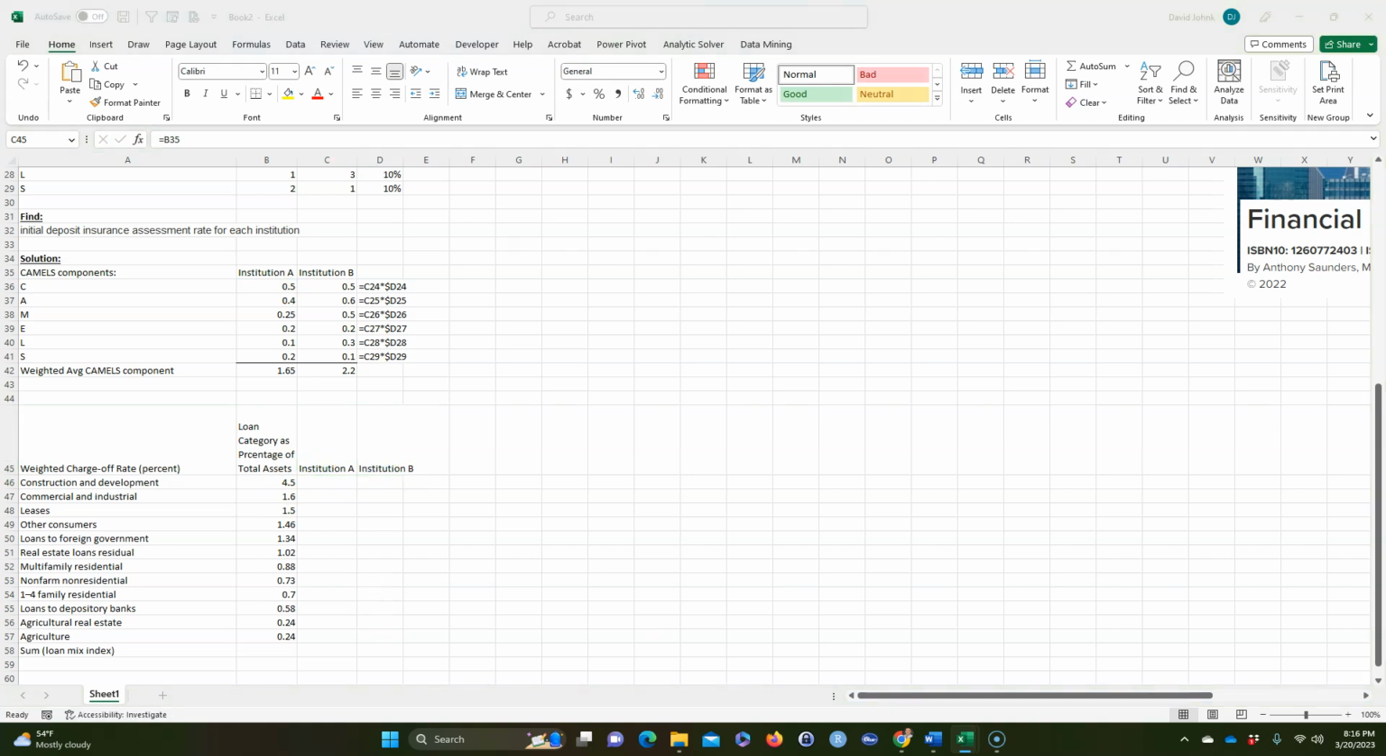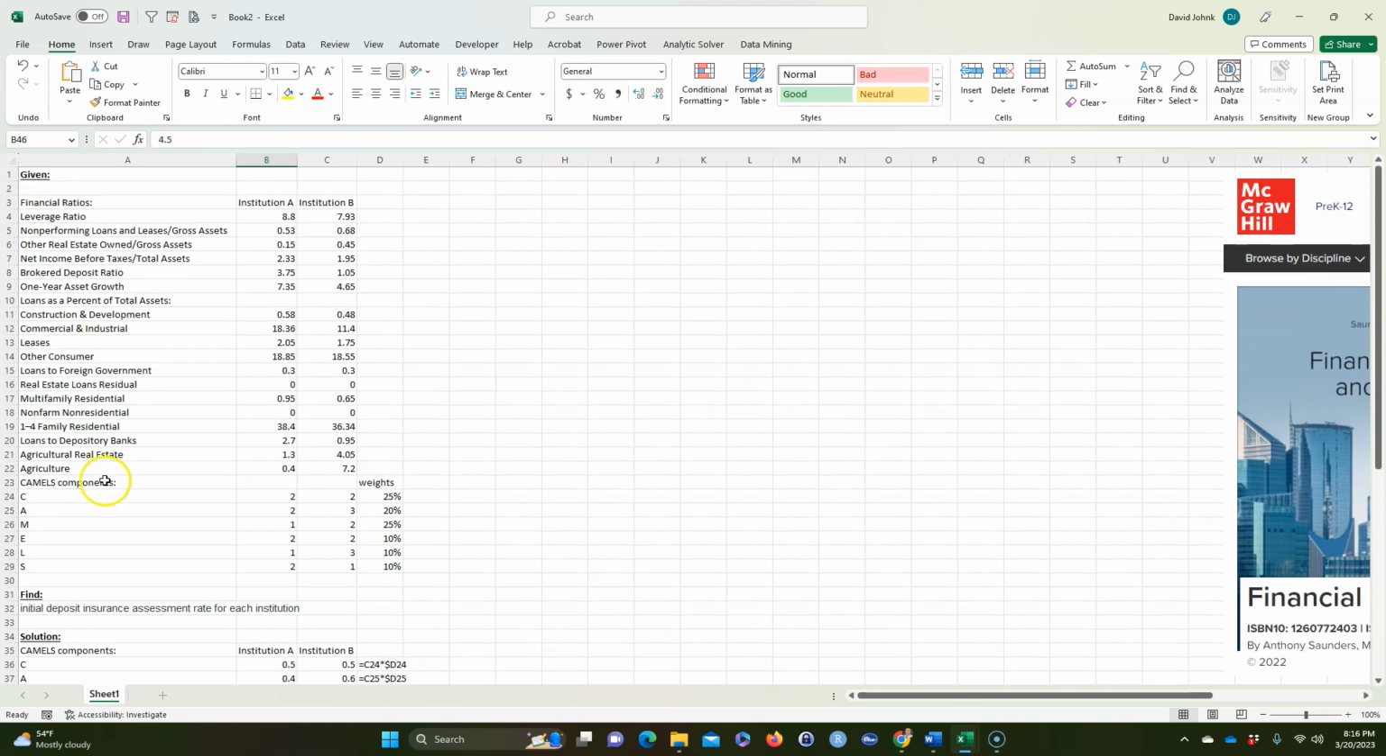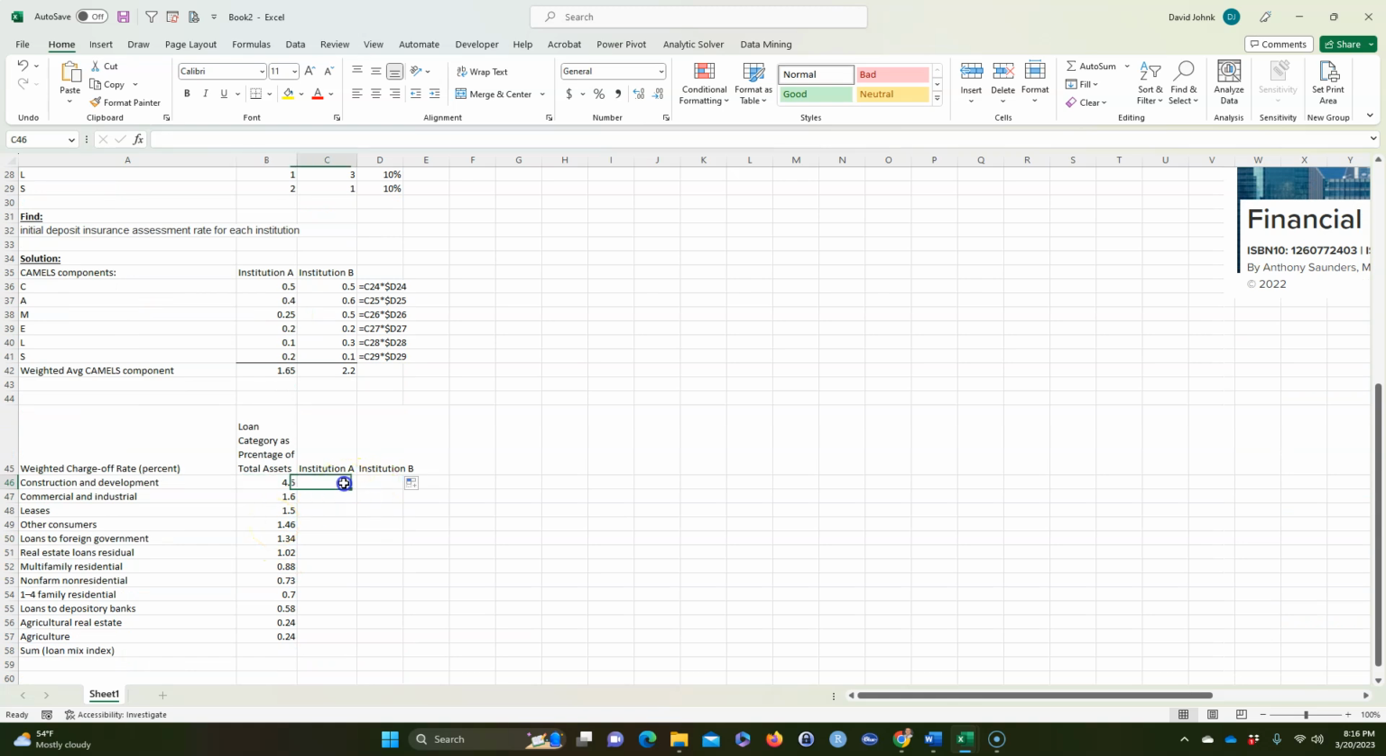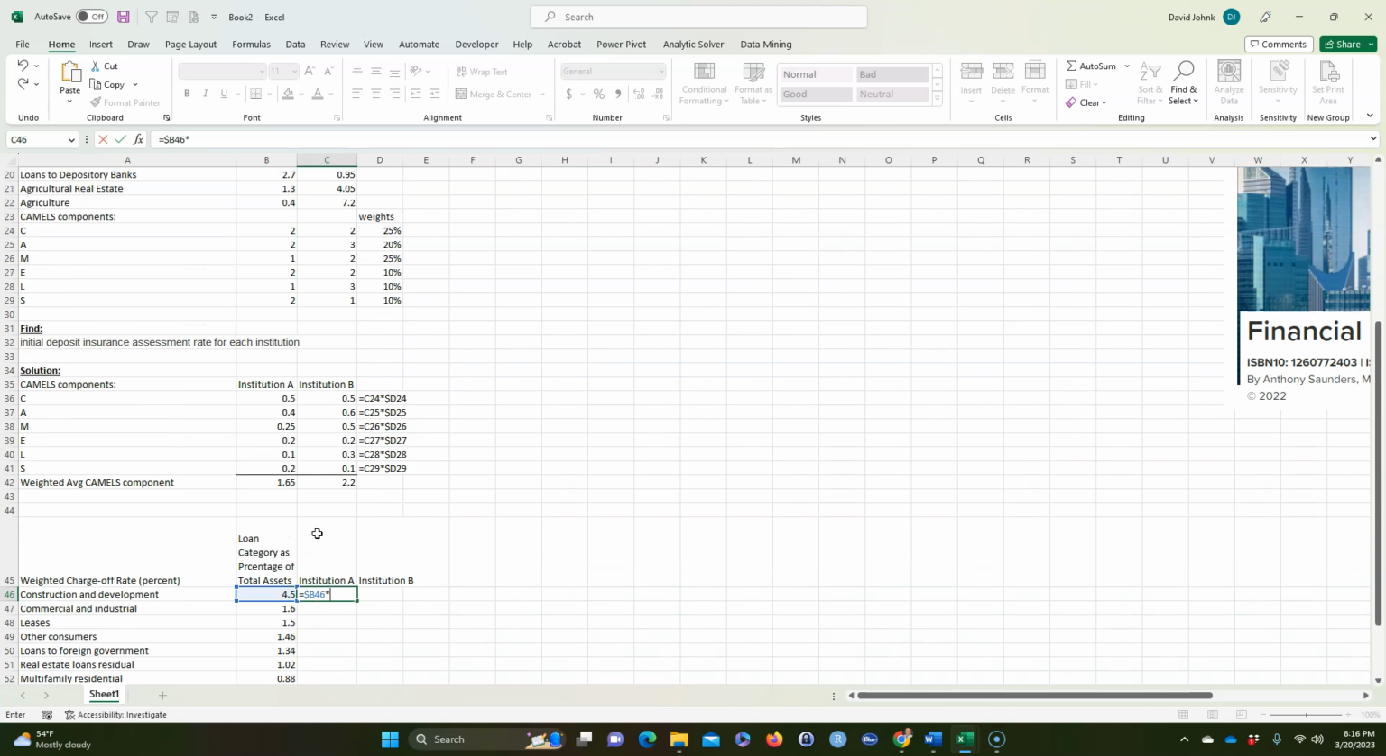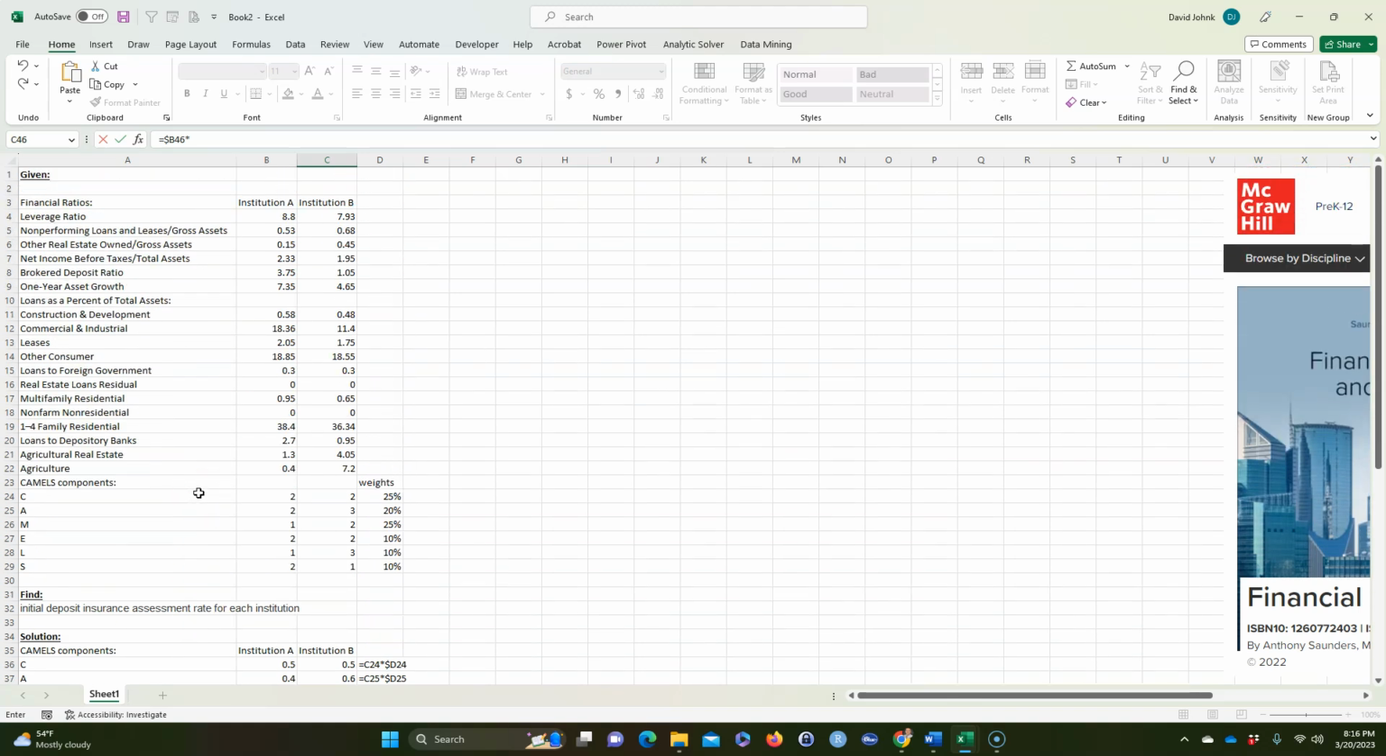And all I have to do is just take this number, and you can see construction and development starts right here, right? So I can say this is equal to this number. I'm going to press F4 3 times because when I copy this formula over, I don't want it to move over. I want it to move up and down, so I'm not going to make it absolute in the vertical, but I make it absolute left and right. And I'm going to take that times the institution A construction and development,